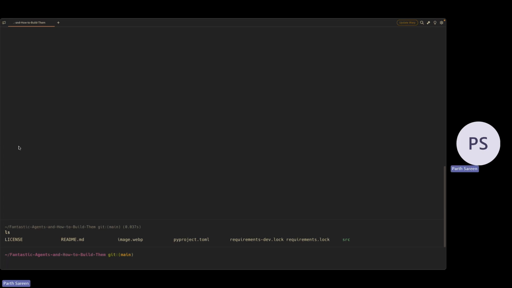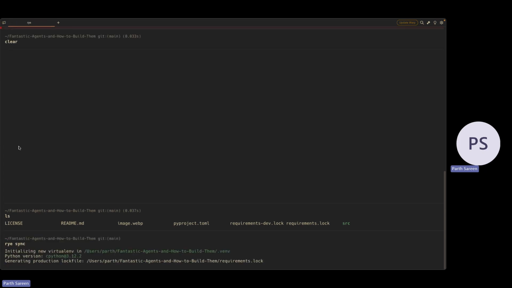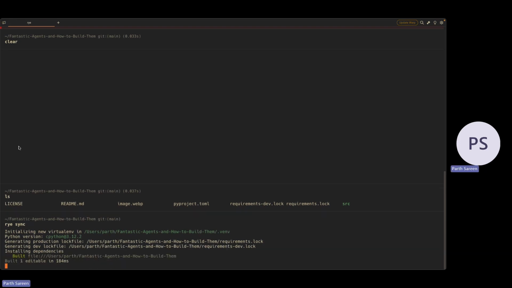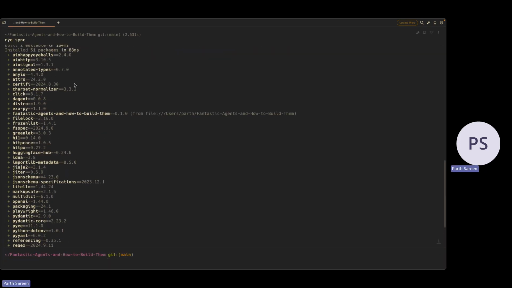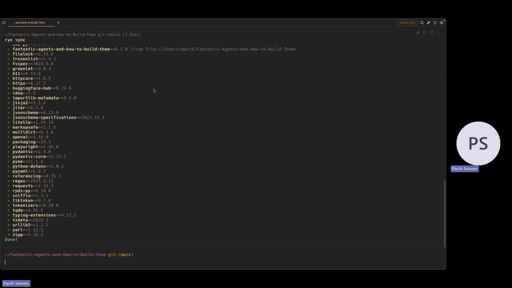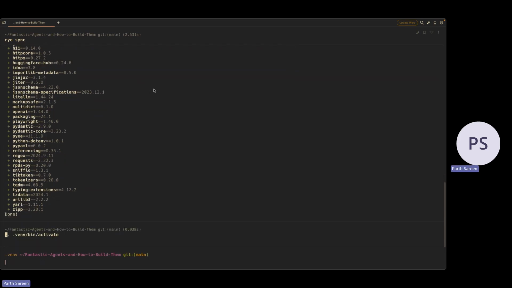Cool. Once everyone does have Rye installed, it takes a little bit of a second. What we want to do is essentially just do rye sync, and it'll set up everything for you. So all your packages will get installed, all your build files, everything pretty much gets done for you. And if you have used virtual environments before, you should be able to open it at the same time.